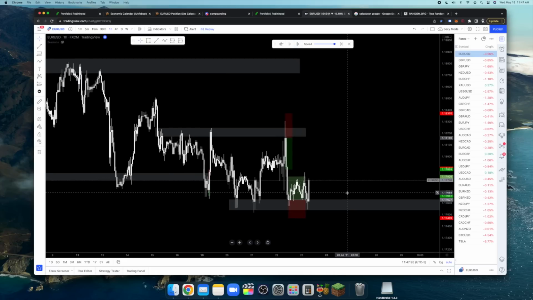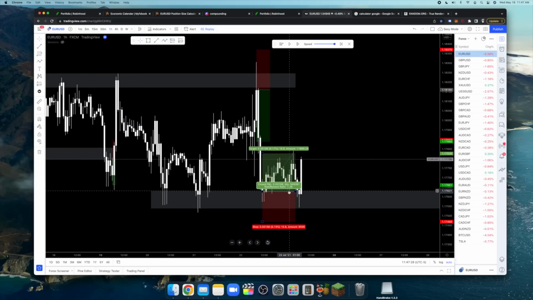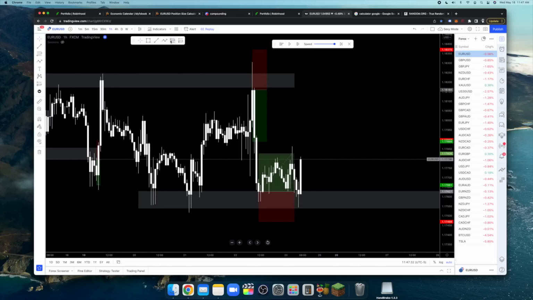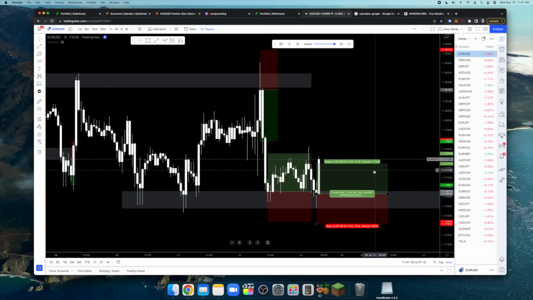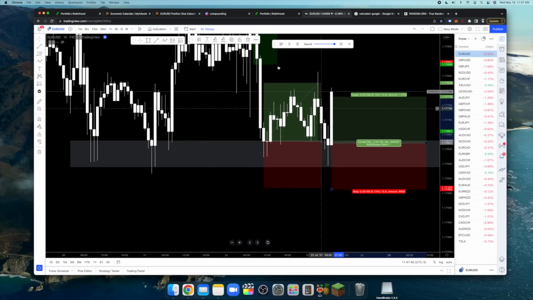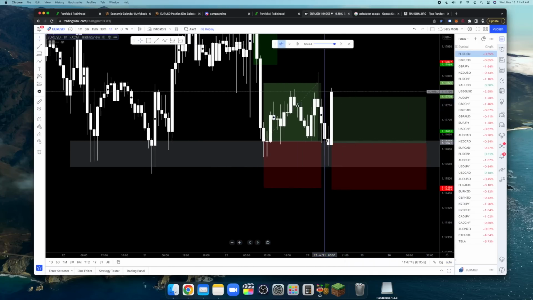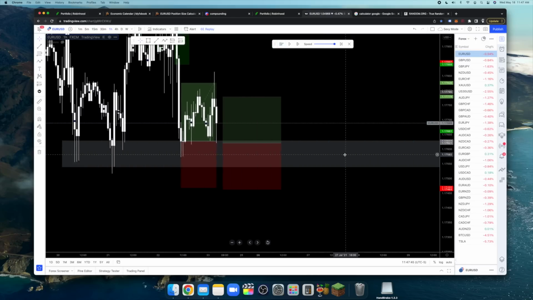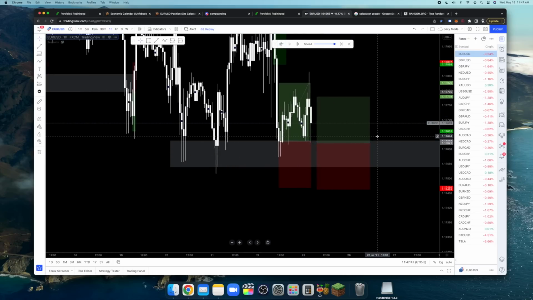So another bounce here at the zone. It had a nice bounce away from the zone. It came all the way back, tested it, had another bounce. If you're using the clear zones to trade off of, that would have been the rejection right there. This first candle that came into the zone right here, I'll show you. We'll go back. This first candle that came into the zone technically rejected and pinned the zone, but it